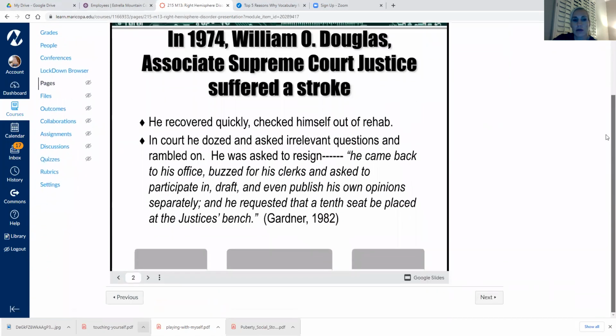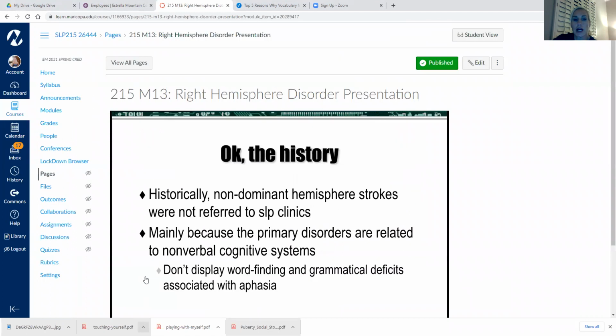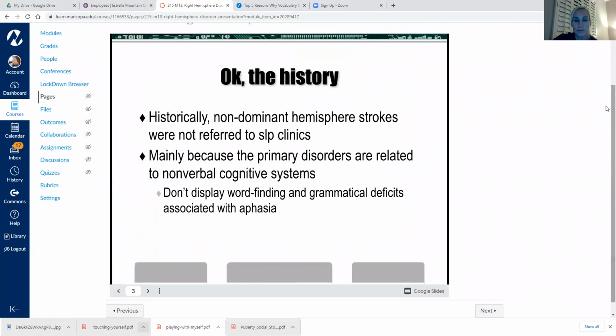I think sometimes it's not well diagnosed. They're not usually referred to speech, and they don't necessarily have some of the language components that we see. So right hemisphere disorder, but I think we're getting better, and with better brain imaging, I think that it is getting diagnosed more